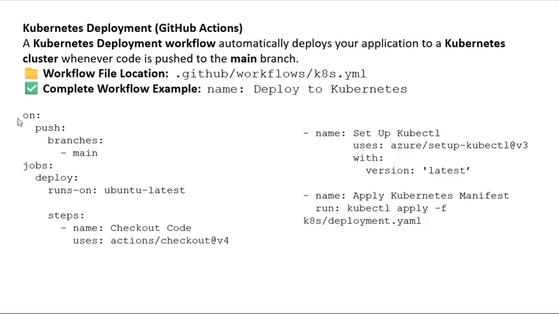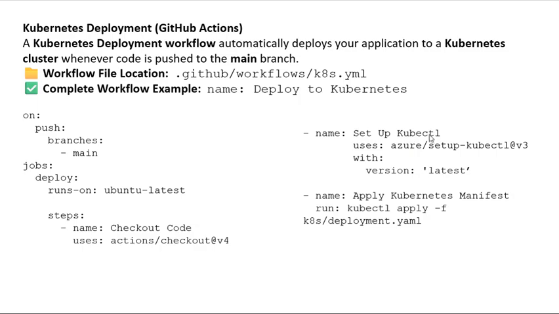Deploy to Kubernetes. Inside, on: push: branches: - main. Then jobs: deploy: runs-on: ubuntu-latest, and steps: - name: Checkout code, uses: actions/checkout@v4, and another - name: